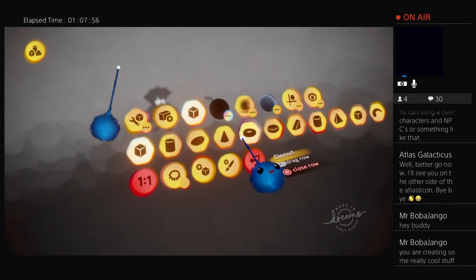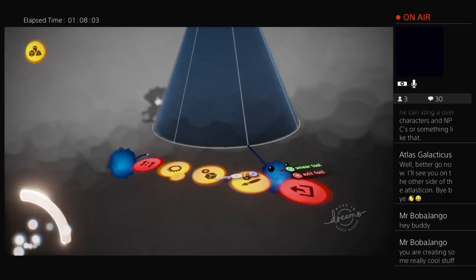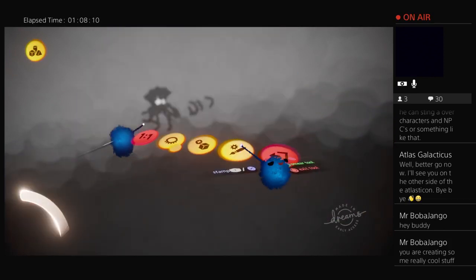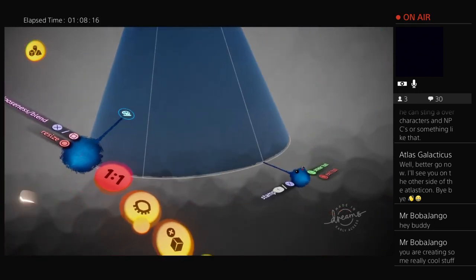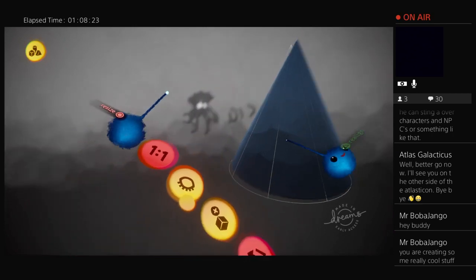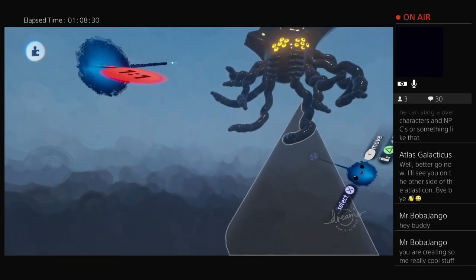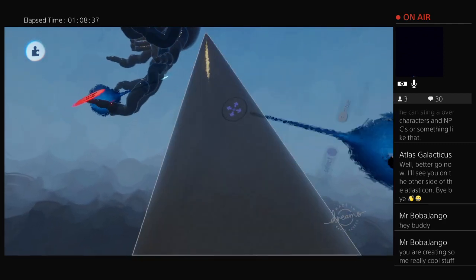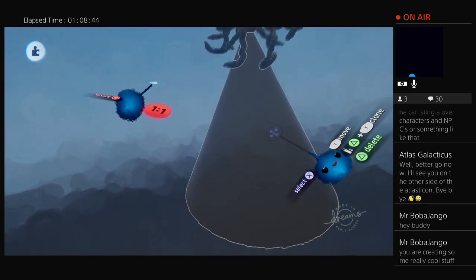Most of the rest of his body's going to be obscured. Wait, I should use a cone, not a pyramid. And that looks like a lighter color. Guess it's okay. Whoa, that's a bit too big. Oh my gosh. I can always resize it later. Anyway, let's just close out of that. Let's go ahead and